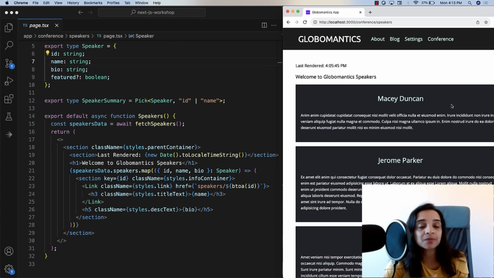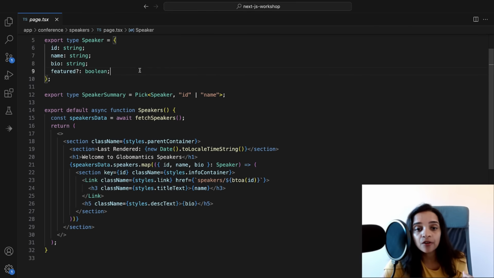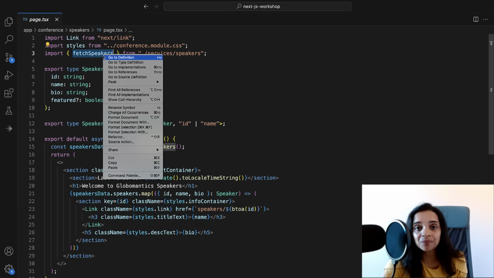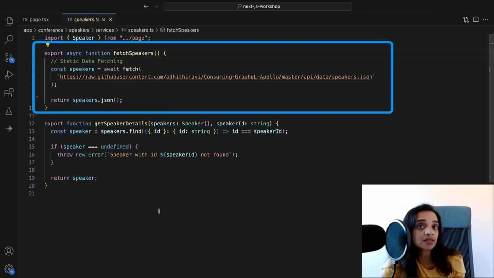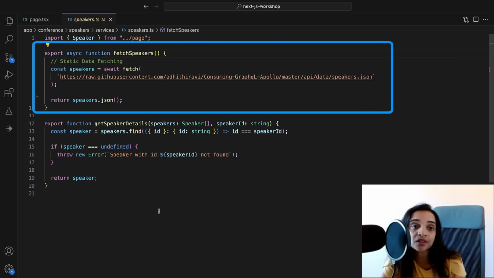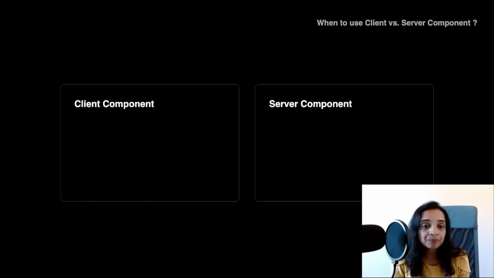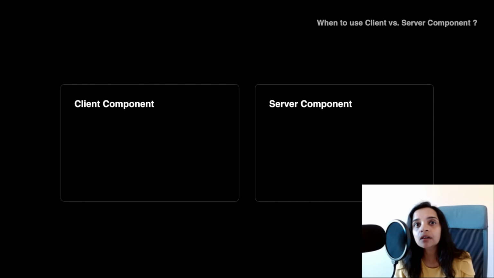It's going to render the speaker's name, their bio, and any other information that's important. If you go into the fetch speakers method, I have it in a separate file here. All it does is call the Next.js 13 new fetch API, and it fetches the data for the speaker information and parses through it.